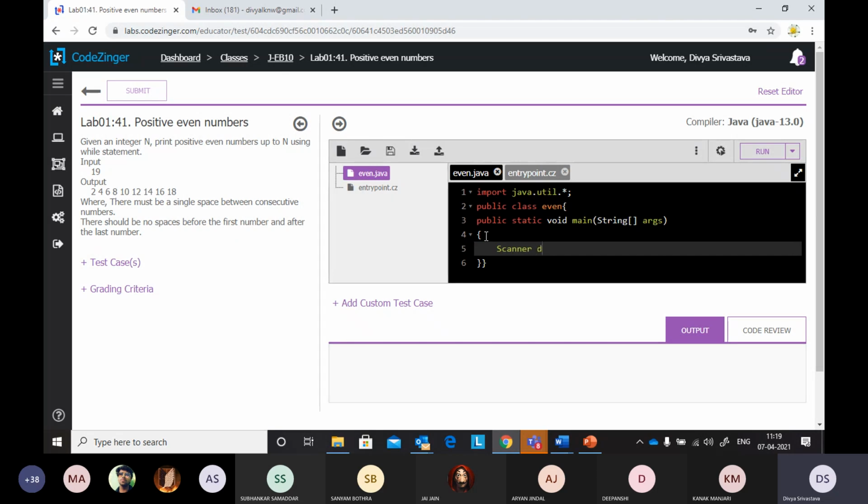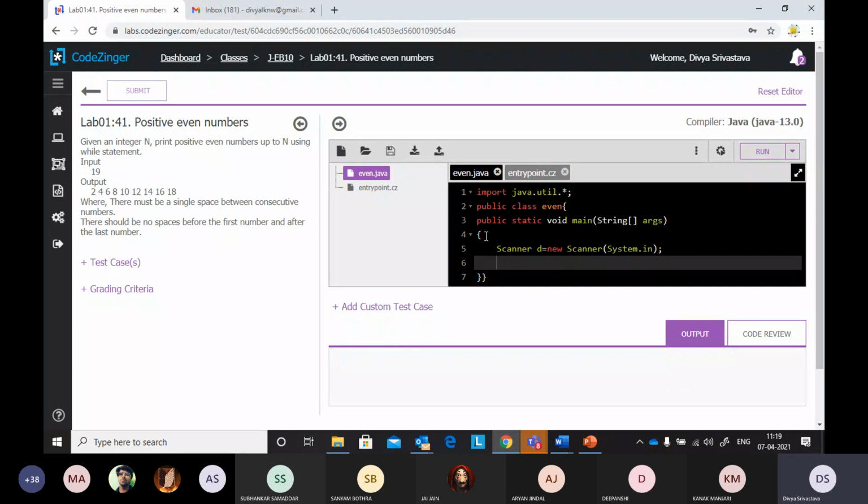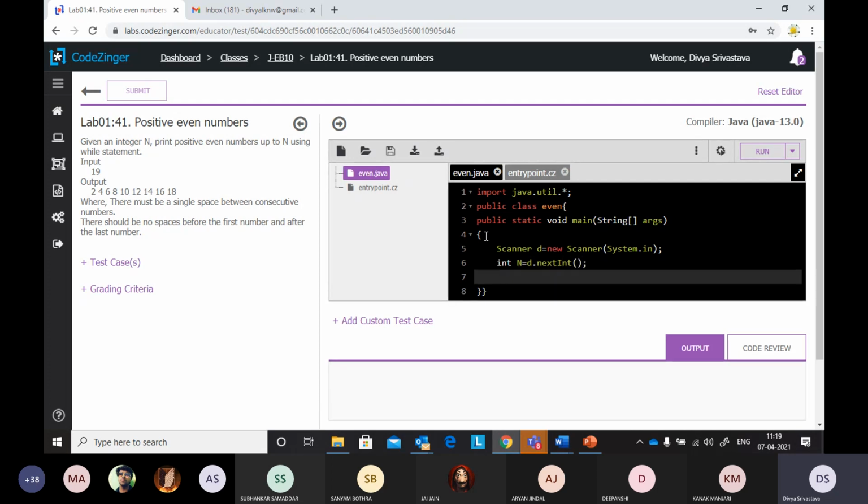Scanner class, name of the object d, new Scanner(System.in). I don't think anyone will have a doubt in this, that is why I'm not explaining it. Now we need to give an integer n. So how do we take an integer? int n = d.nextInt(); a function of that Scanner class, and we have used object d. So in this line we have already taken n as an input.